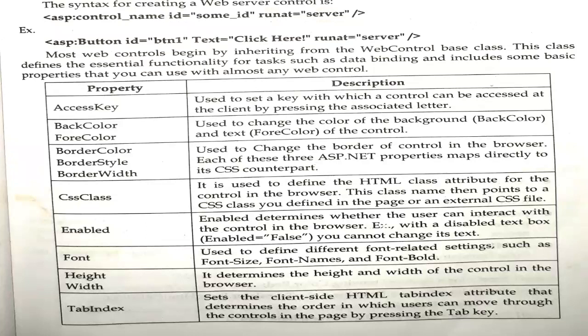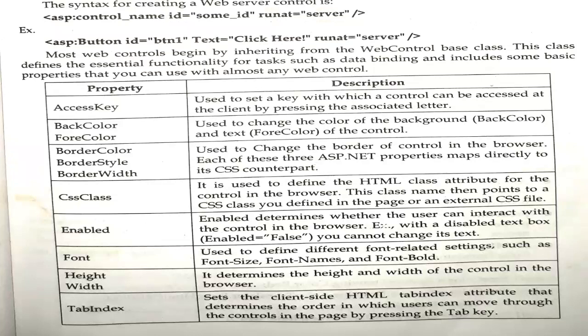Then next we are having the font property. Under the font property we are having sub properties also, like font size, font name, font bold. Then the next one is we can set the height and width of the control with the help of the properties height and width. This we have seen in the text box control and all. We have just changed the size, so it was 22 px, that is in the form of pixels. The system is showing us the size, that is height and width of a specific control, which we can easily resize in the design window.